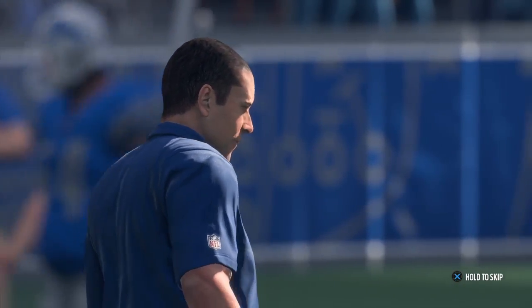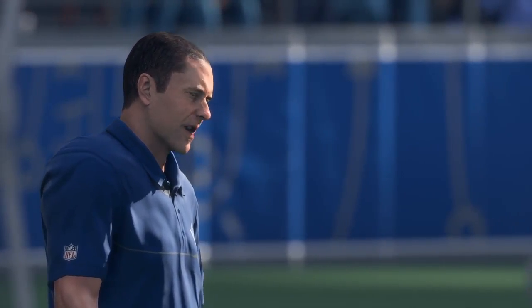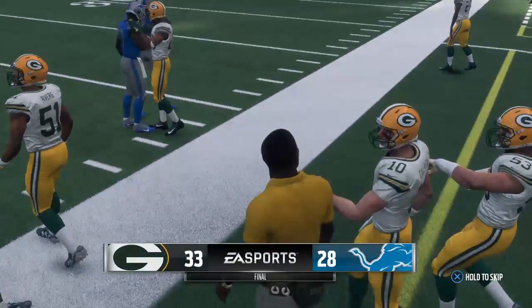Well, I know at points in this when you wanted to close your eyes because of all the points that were being put on the scoreboard, your defensive...